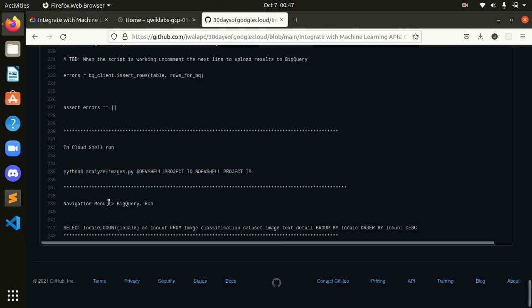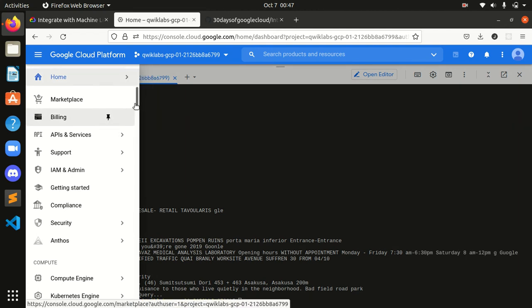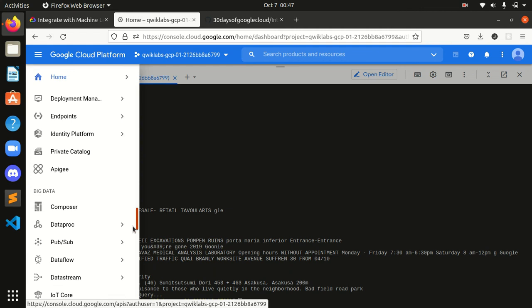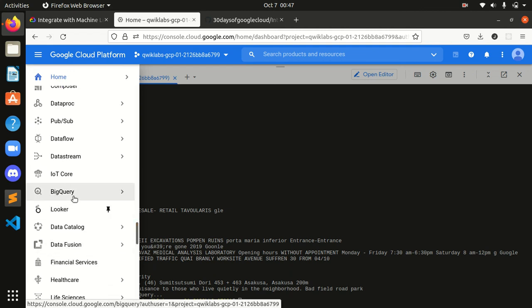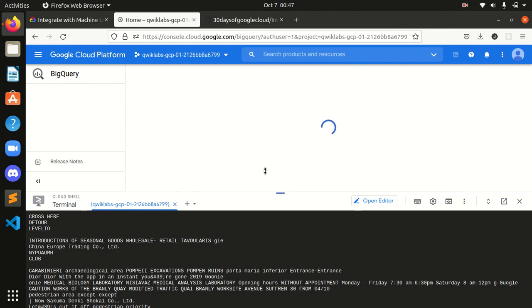Here I have written that from the navigation menu we have to go to BigQuery and run this query. So I will go into BigQuery. Let's search for BigQuery, guys. Okay, BigQuery, here it is, starting.